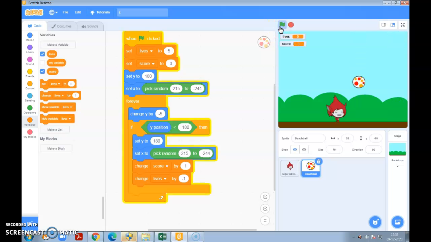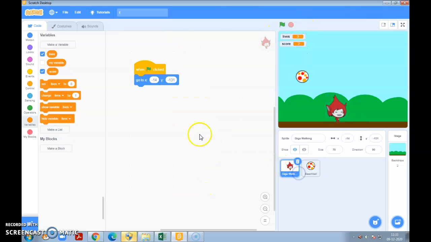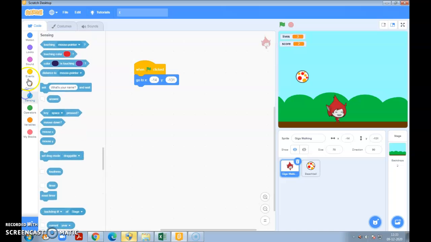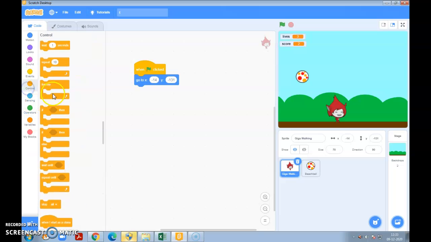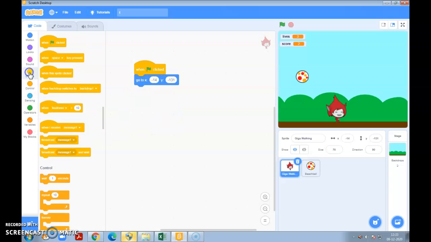Oh, we forgot something. We didn't code Giga, because we have to move it right and left also. So how will we code that? Simply, if you don't want to make the code longer, you can simply say that when